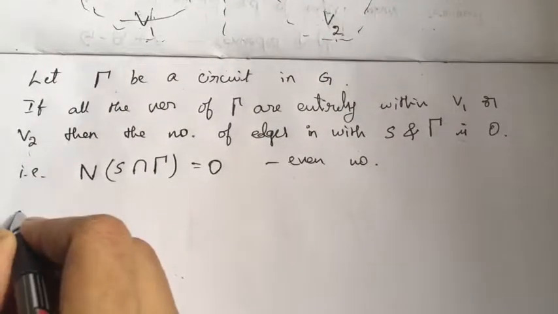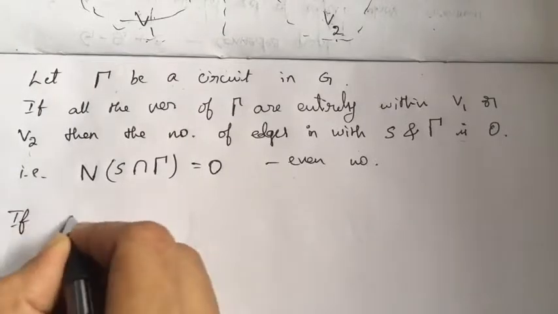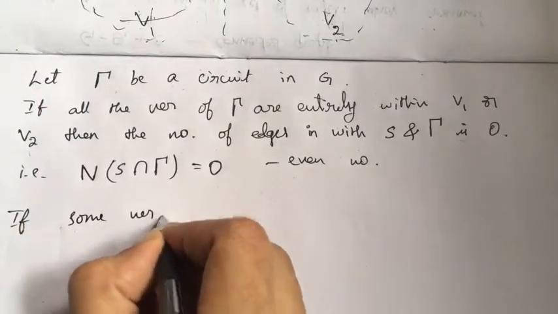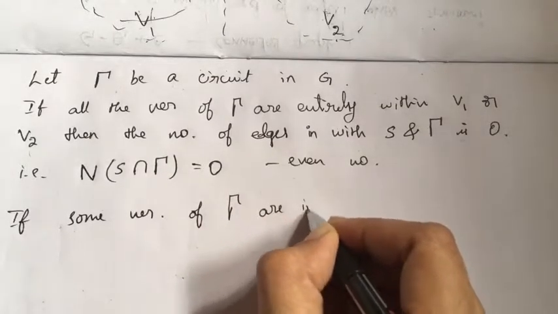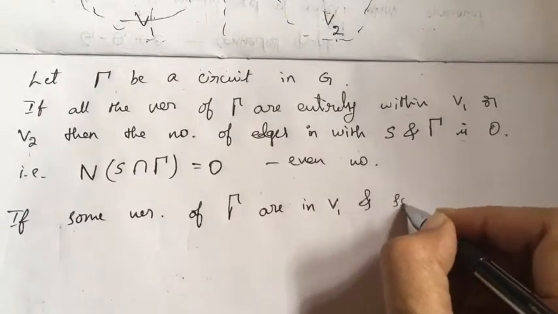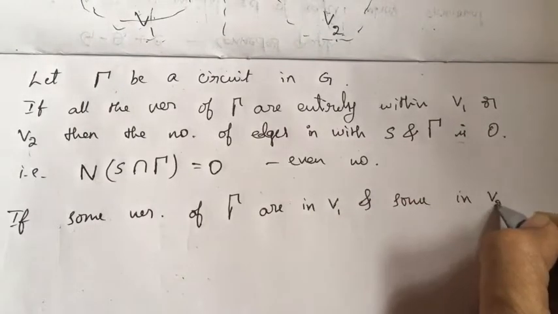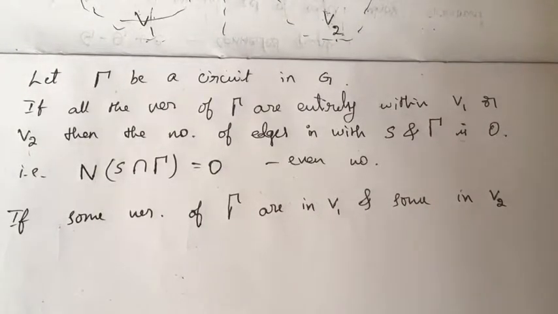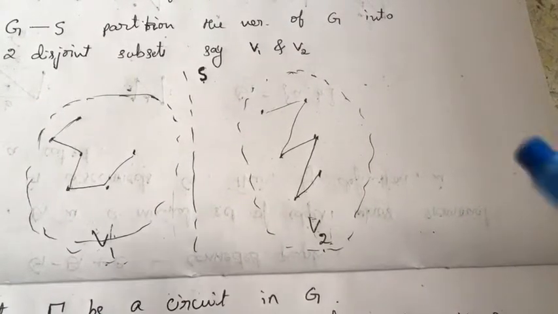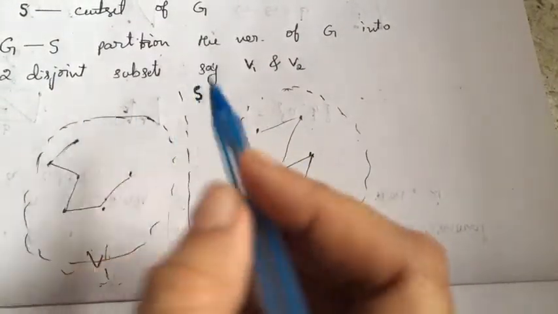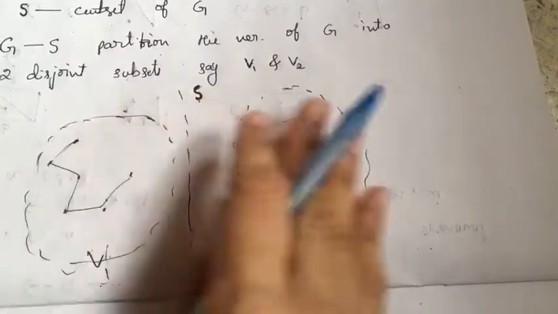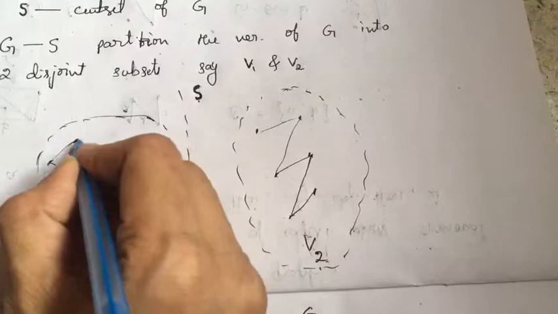How can I draw such a circuit? How will the circuit be? Suppose I start from this vertex. I want a circuit whose vertices are some in V1 and some in V2. So if I go by this,